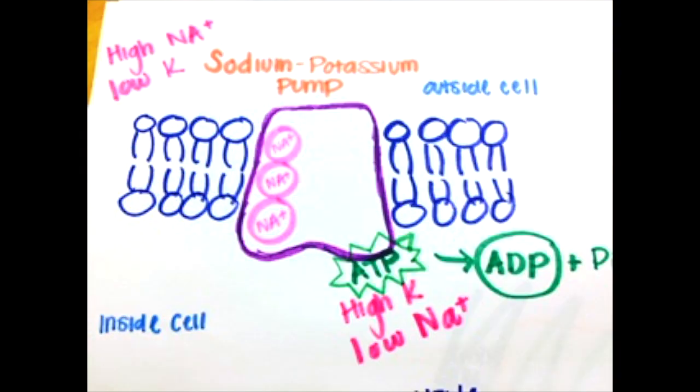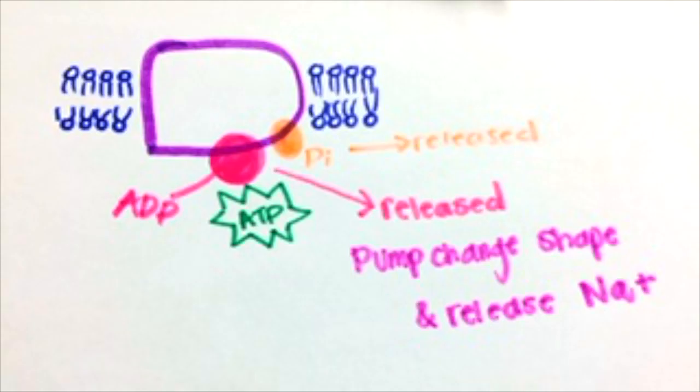In order for the pump to work, it requires energy, aka ATP. So the ATP changes to ADP plus an inorganic phosphate, and it attaches to the pump, and then when the ADP gets released, the pump changes shape and releases the sodium that's going to transfer to the